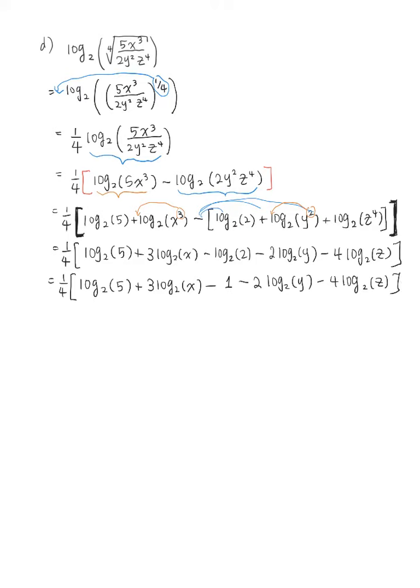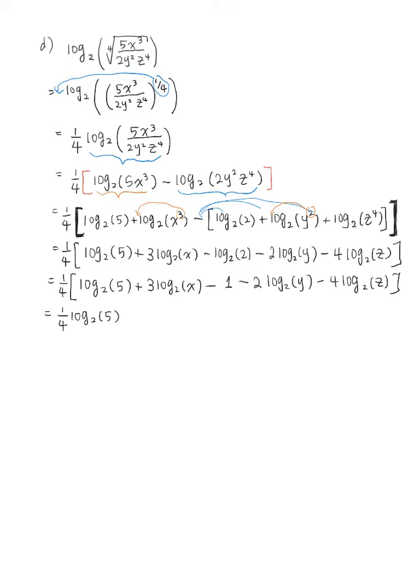All right, I think that's pretty good. If you want to distribute the 1/4 to each term, go for it. Or you can just leave it out in front of it. But make sure to distribute all the negative signs and simplify all the way. But anyways, just in case, I'm just going to distribute the 1/4. So you're going to have 1/4